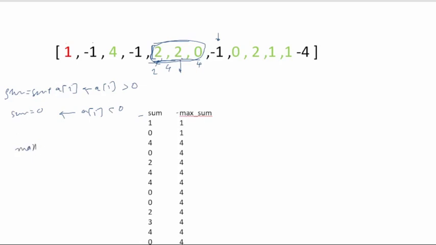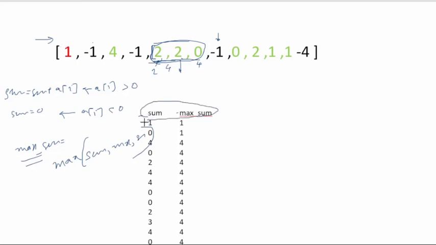max sum is equals to max of sum and itself max sum. So this is how we will calculate the max sum at every positive number. If we iterate through the whole array once, we calculate the sum and the max sum for